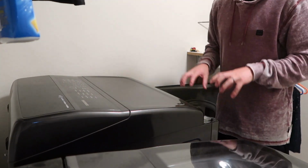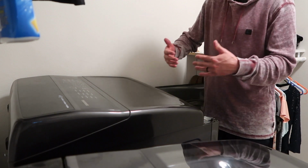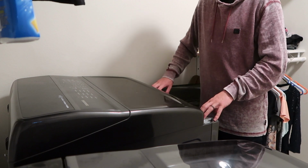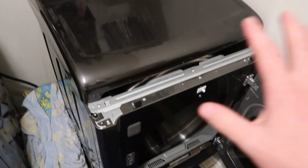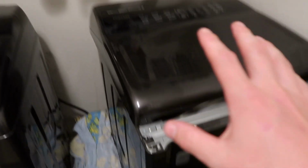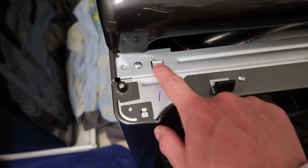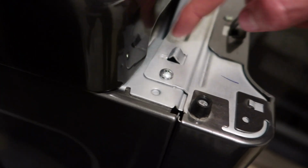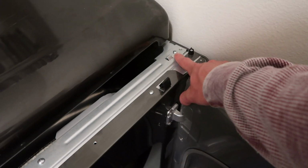because I have to get to a set of bolts up front here. Now these bolts are the ones that are going to come off and take the front faceplate off. So that's all I have to get to, is to take this front faceplate off, and that top can stay there the way it is. Now that I've got the top set back, I can access these screws. Now there's one right here, and then this little tab has to actually go down for the front piece to come up and over. So there's a screw right there, and then a screw right here that we have to